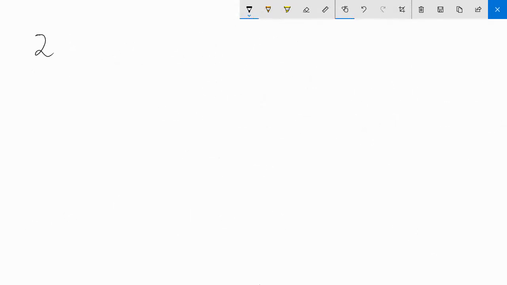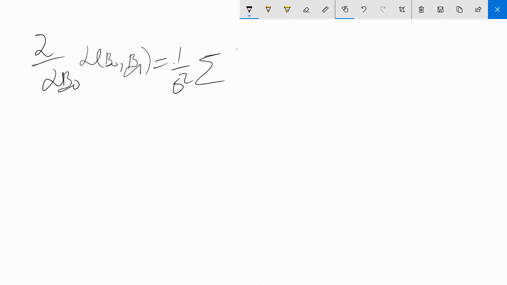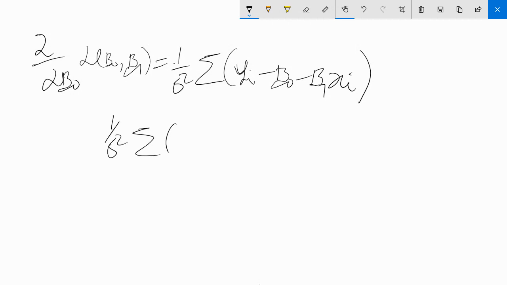So the partial derivative of the log of the likelihood with respect to beta 0 gives us 1 over sigma squared times yi minus beta 0 minus beta 1 xi. So it gave us this. If we equate this to 0, and we replace the parameters by the estimators, we'll have